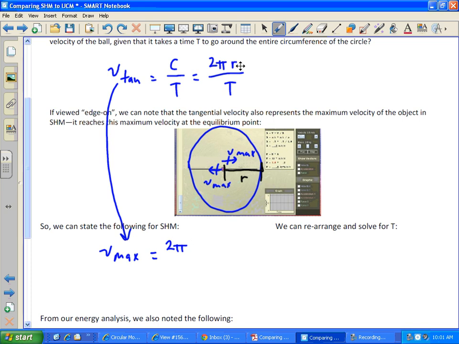So instead of saying 2 pi r, let's call it 2 pi A, the amplitude, because we want to put this in terms of simple harmonic motion. It still gets divided by the period, and the period is, again, just how long it takes to go through one cycle. Okay, so now we're shifting from the circular sense of motion to the simple harmonic sense. So we're putting it in terms of, maybe a spring mass system oscillating back and forth. Now, if I wanted to solve this in terms of period, right? So if I do some algebra on this,